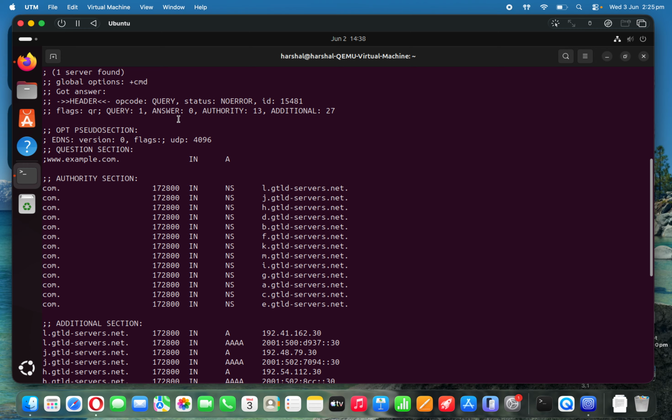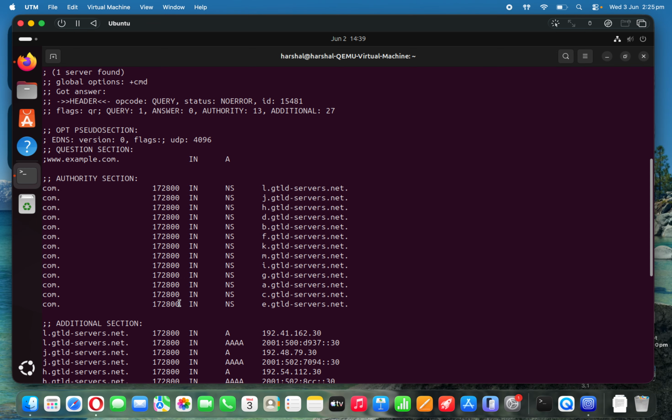Those 27 additional records provide the IP addresses for those name servers. The authority section shows 13 NS records, name server records, all pointing to different .com TLD servers like gtld-servers.net, and so on. The TTL is 172,800,